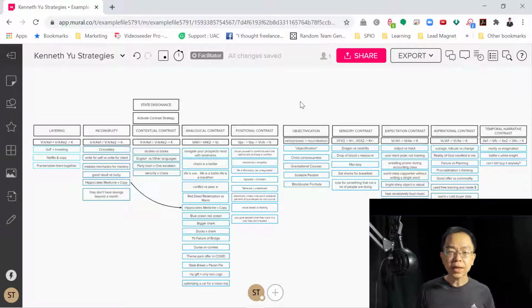This is what Kenneth talks about in terms of, you want to create the bloodshed, you want to establish chaos. It's not just one drop of blood, but an entire massacre, so that you can contrast. And he actually specifically mentioned the word contrast, but it was so nondescript, I think most people would have missed it. And when I pulled through the entire transcript with a fine-tooth comb, lo and behold, there were 10 different strategies for contrasting. So now, I wonder if you realize how powerful this can be.